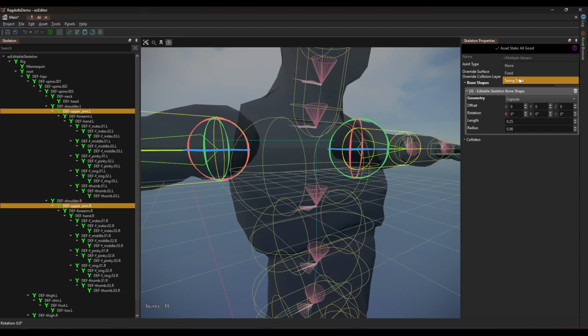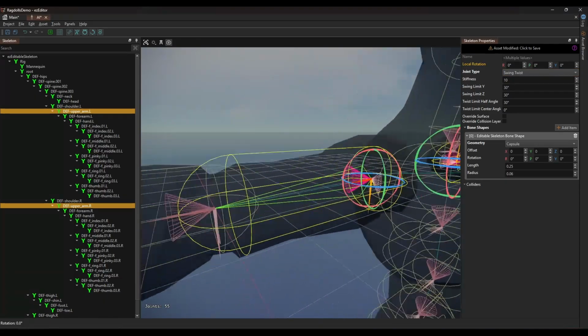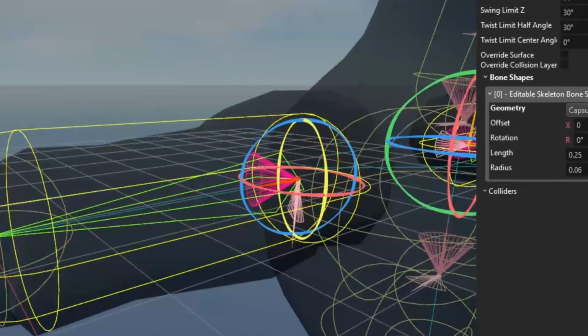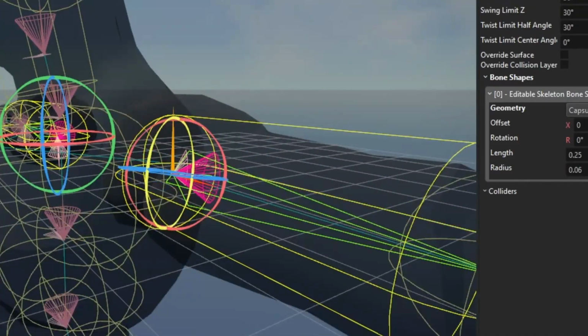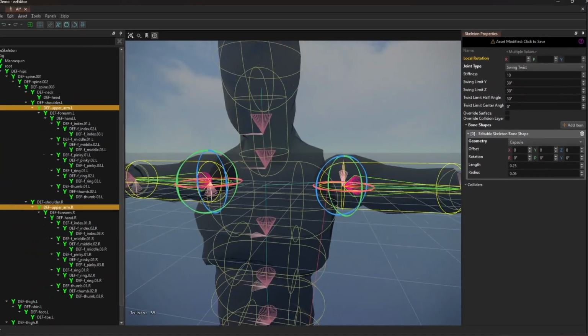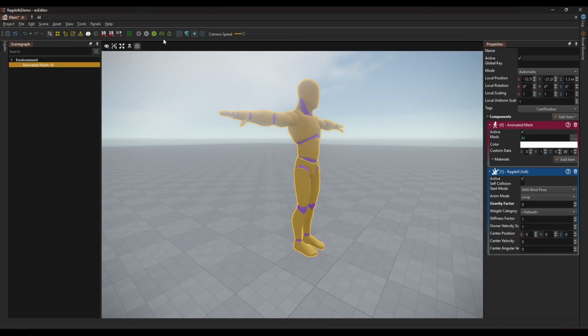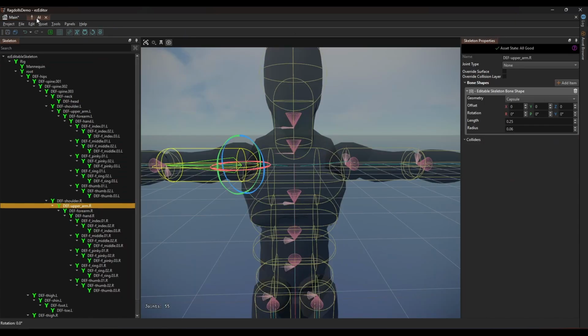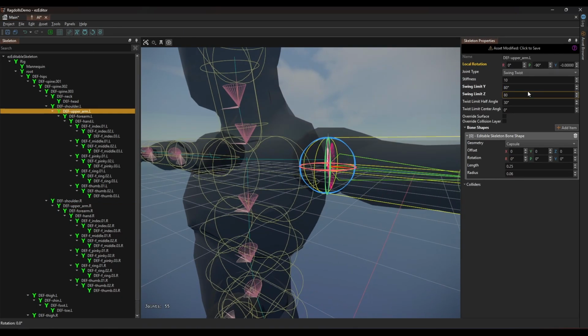Set the joint type to swing twist again and enable the rotation gizmo. Rotate the joint until the twist indicator is within the allowed range. While we are at it, we also want to give this shoulder joint much more range of motion, both for swinging and twisting. The shoulder joints are typically the most difficult to set up, and tweaking things until they work